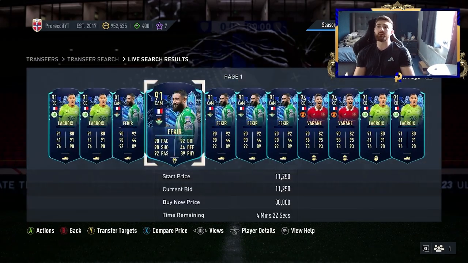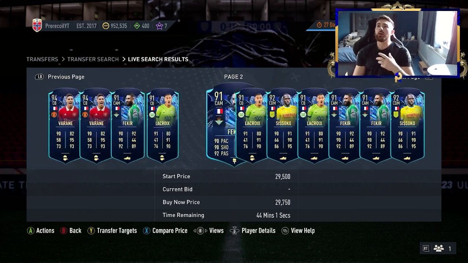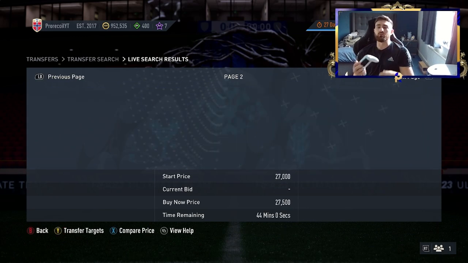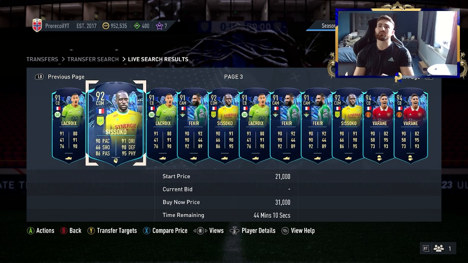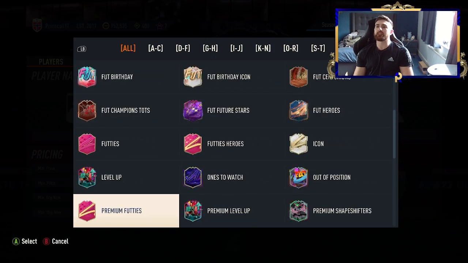So you're going to be looking at LaCroix, Fekir. You've got Moran there. He's around the 200k mark, so he's not really near. You've also got Sissoko there. So a nice selection of players on the moment, and these are the cheapest of the special cards that you get. If you take yourself over to Team of the Season, that's where things do get a little bit more pricey,